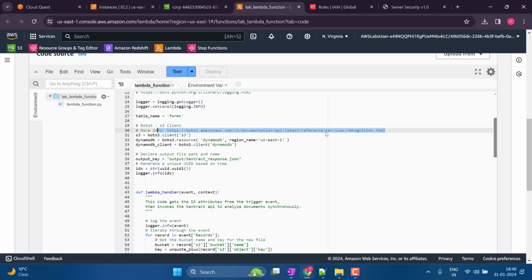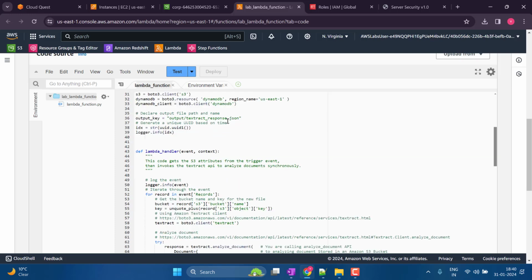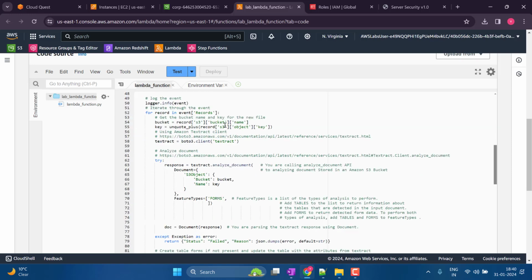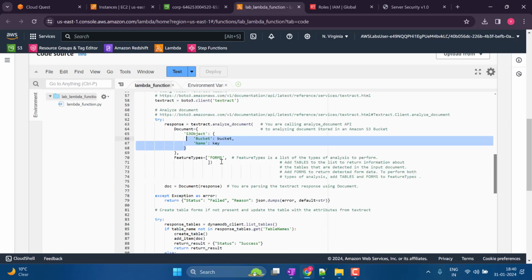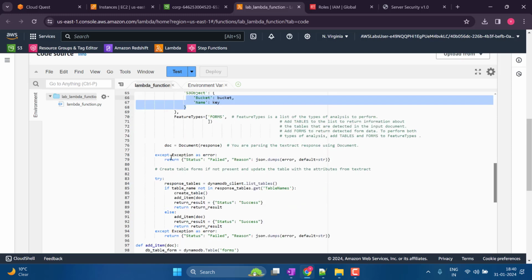TEXTRACT response.json output key equals to. So I'm just seeing, yeah, you can see, right? It is using Textract. So it uses the form, gets that from the bucket and key, and uses Textract to extract the data from it,